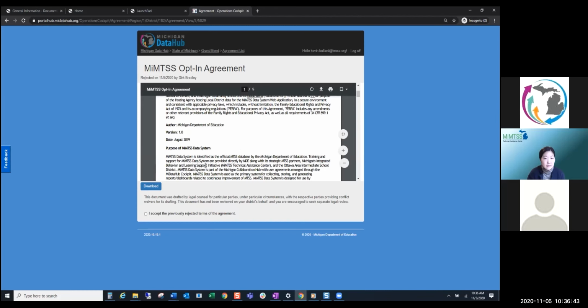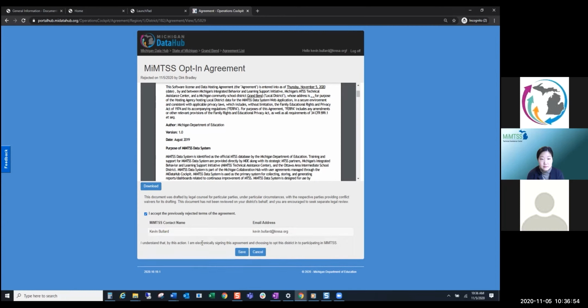If you want to go ahead and authorize the agreement, there's this checkbox here that says I accept the terms of the agreement. It won't say previously rejected, and in this case it does since we've already accepted it and revoked it. What happens when you select that checkbox, it's going to pull up who your MTSS contact is within your district, or who that person is that's been identified as the MTSS contact within your district.